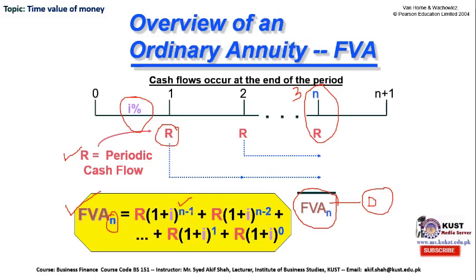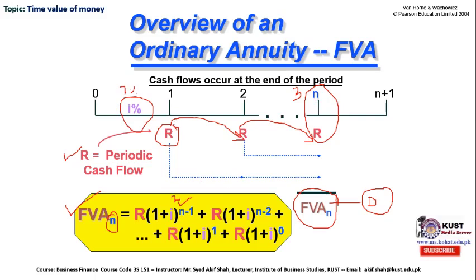The reason behind this minus 1 is that this R, which is the periodic cash flow you will be investing into the bank account, will not get doubled, but rather it will have a compounding impact of this interest, which could be 7%, 8%, 10%, whatever the bank is offering you. So it will compound for 1 and 2 years to reach the maturity of this annuity. Therefore the total number of periods is 3, and minus 1 will give you the resultant value of 2,